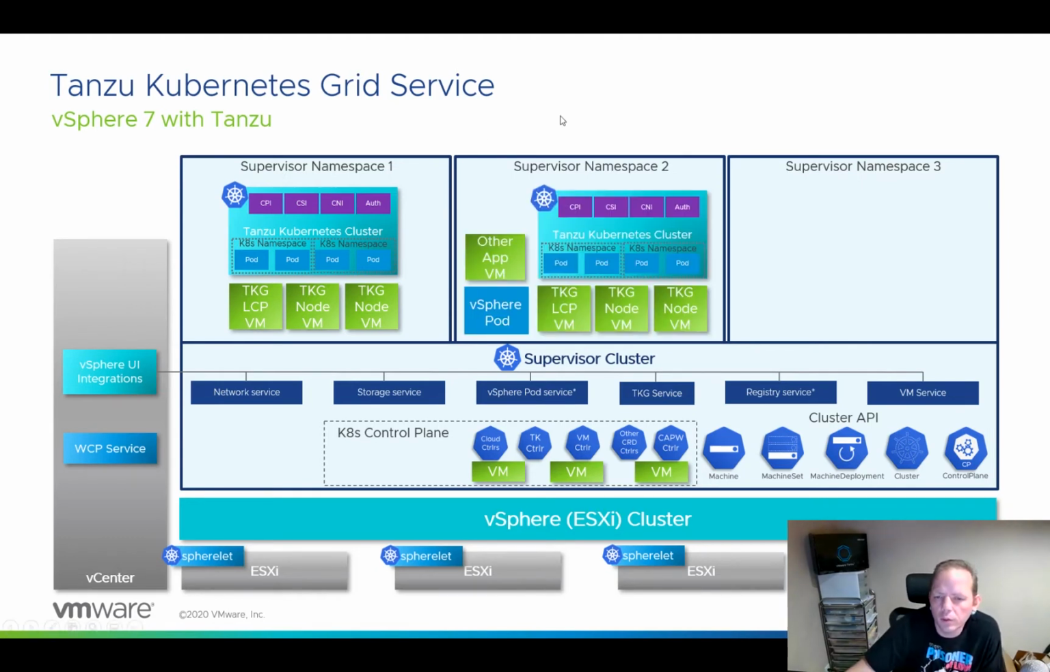Okay, and let's look at supervisor namespace 2 here, and look, we can see that we can deploy other things as well. On one hand, we can deploy a Kubernetes grid Kubernetes cluster, but we can also deploy native vSphere pods. We can deploy other virtual machines. Really, we have the option of accessing these other types of vSphere capabilities and resources within our supervisor Kubernetes space, right? And keep these isolated. And so this is really a powerful thing because, right,